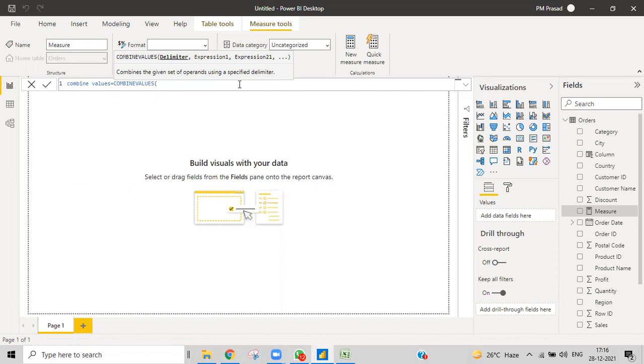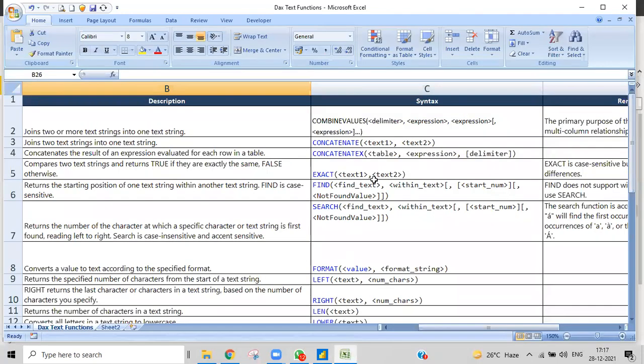So first of all, what do we need to write? The delimiter. Here I want to give a comma. Every text part needs to be in quotations. Just remember, every hard-coded text part needs to be in double quotations. Then only it will be recognized as text. Once I give the comma, you can see it was highlighted, which means Power BI already recognizes that the first part of the syntax has been given, and now we are going to write the second part. The second part is nothing but the expression, the string value.